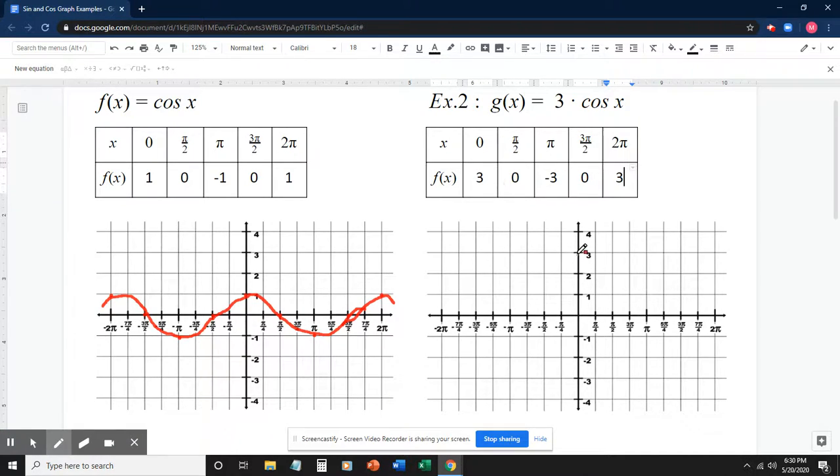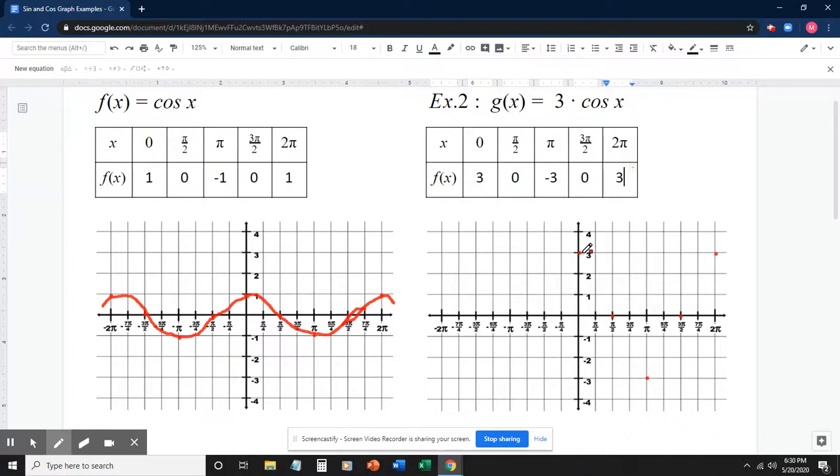So the first point, 0, 3, is up here. Pi over 2, 0 is right there. Pi, negative 3, so pi, negative 3 is down there. 3 pi over 2, 0. And 2 pi, 3. Okay, so the same V-type pattern to start out the graph, but now stretched out and made 3 times